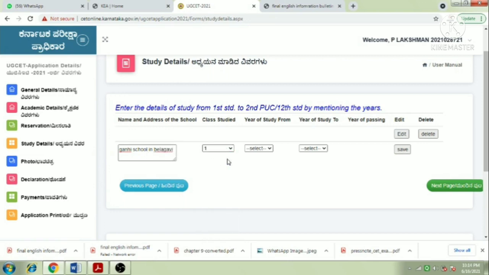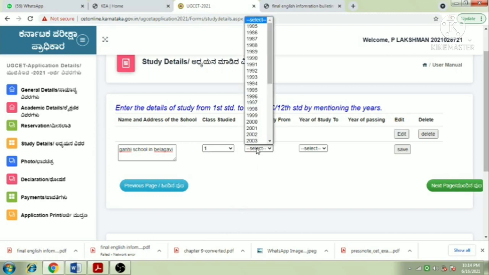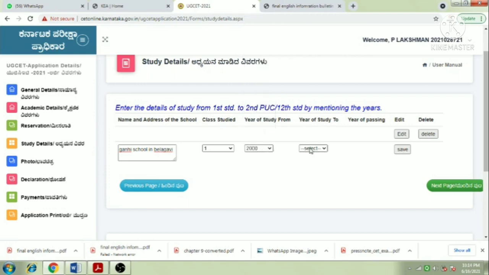Which class? 1st class. Then year of study from. Okay, when you started. Example, started in 2000 to 2001, 1st class. Then we have to click on save.